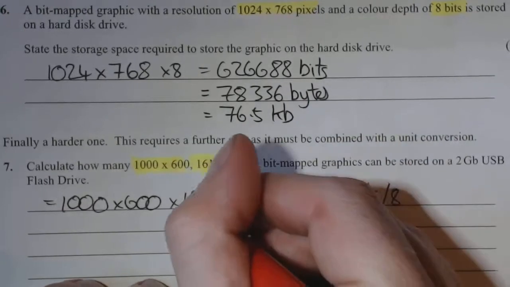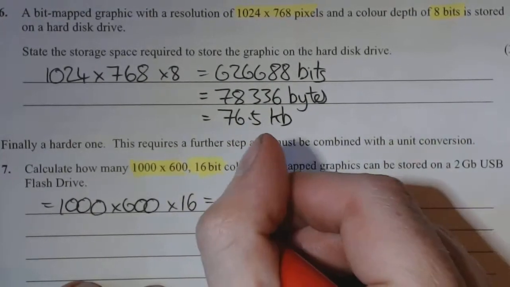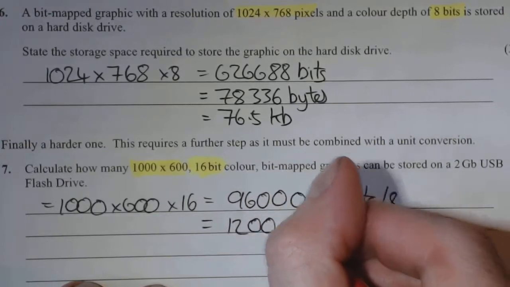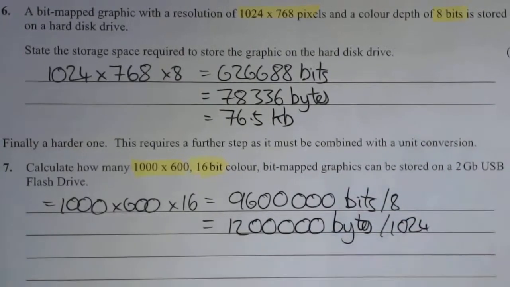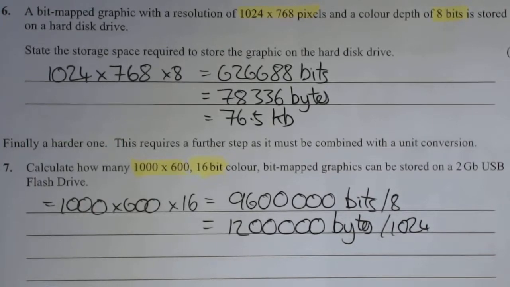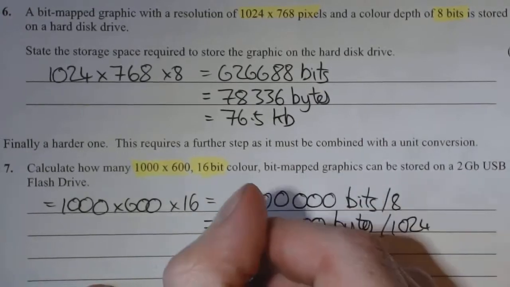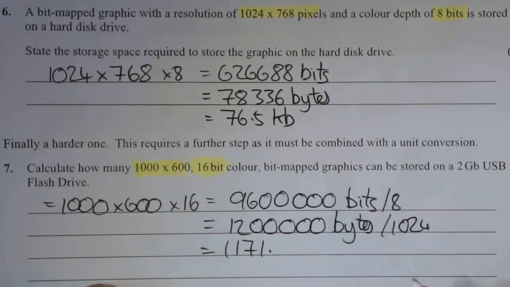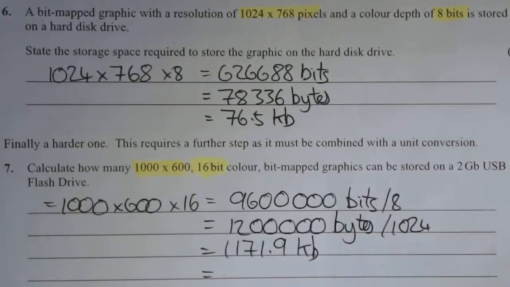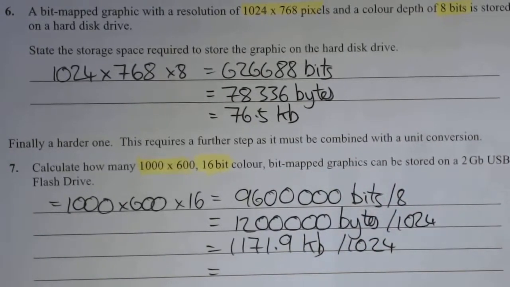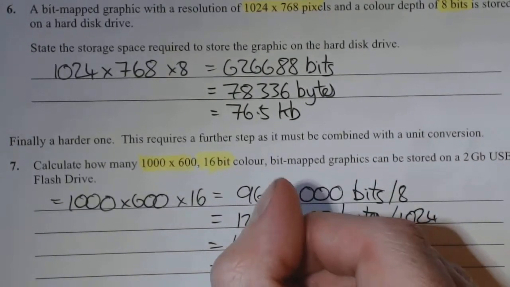bits will start coming second nature. Divide by 8, 1200 1200, and divide by 1024. So it's 1171. And we'll just round that to 9, so that's 9 kilobytes. And then divide by 1024 again to get it into megabytes. So that's 1.14